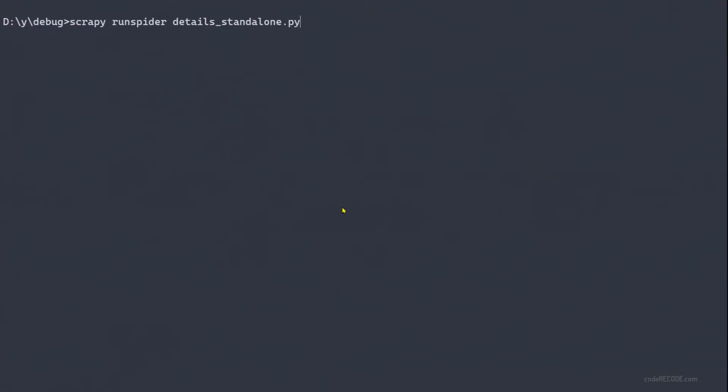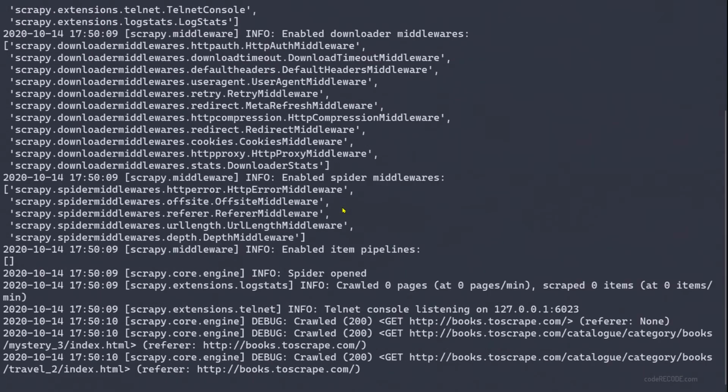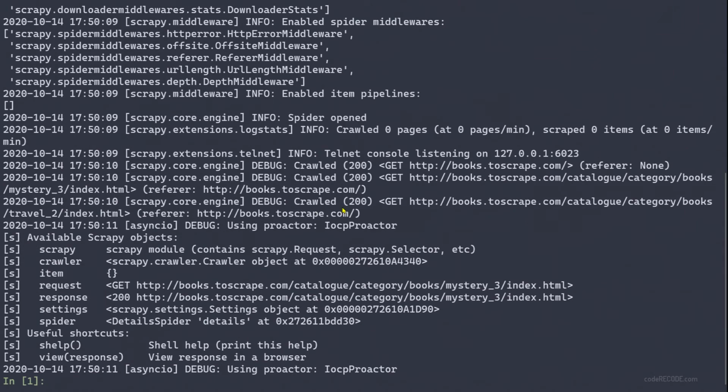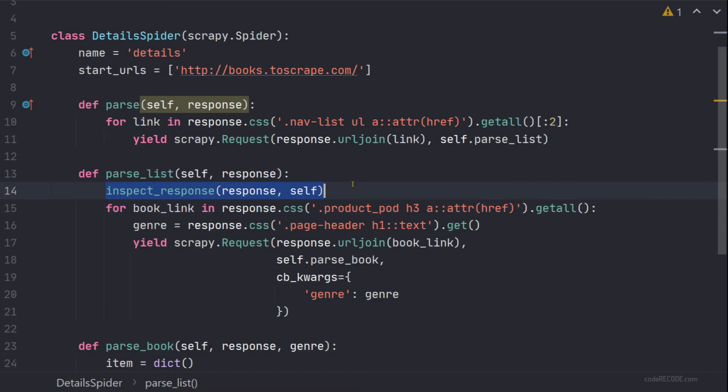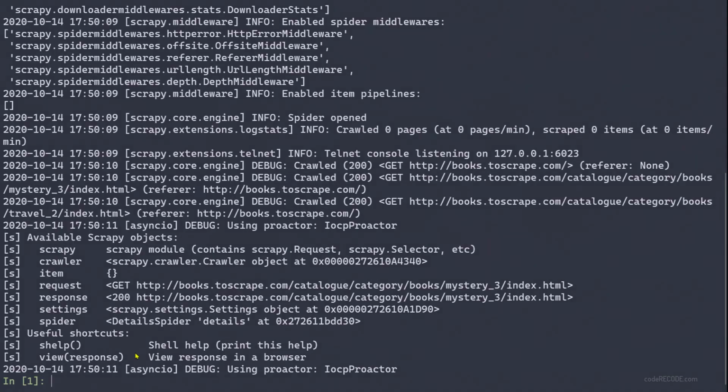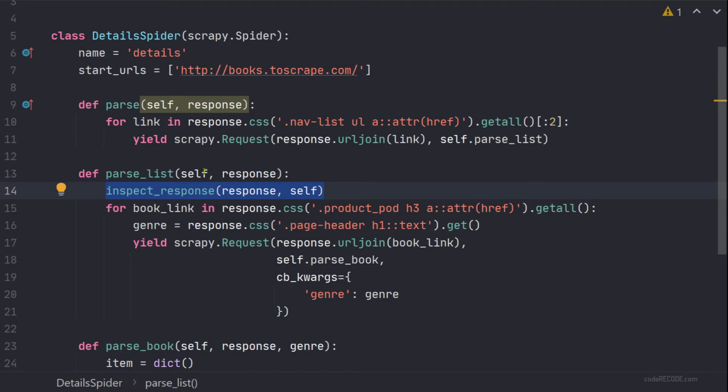So this time when we run it, you will see that Scrapy shell opens at this particular point. So the execution has stopped here, and we have the Scrapy shell available, and you can see the URL. There are a few things that we can do here. For example, we can verify the selectors here.